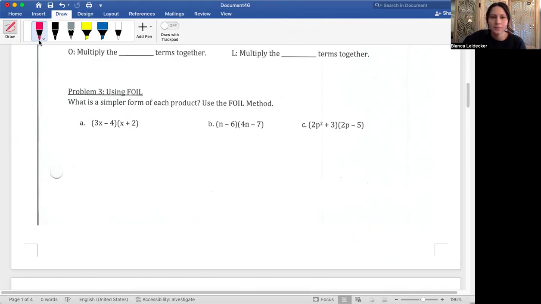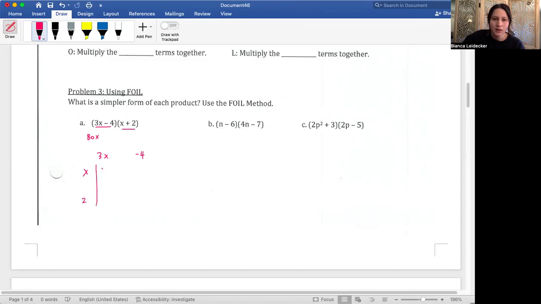So there are two methods. One is the box method, and one is the FOIL method. So I'm going to do both. We'll do the box method first. One way we could look at it is basically by separating out each binomial into individual terms, going horizontally and vertically,